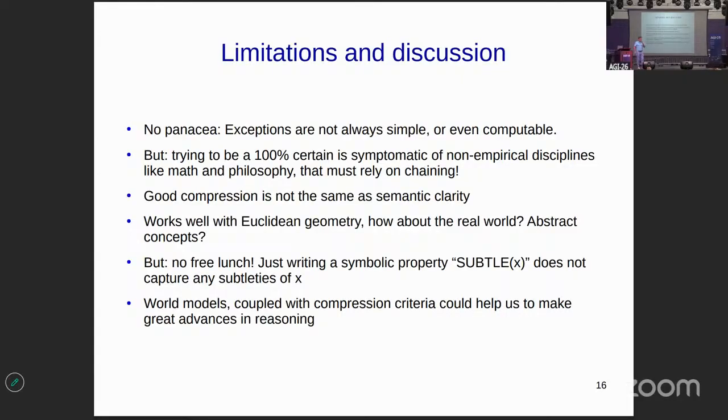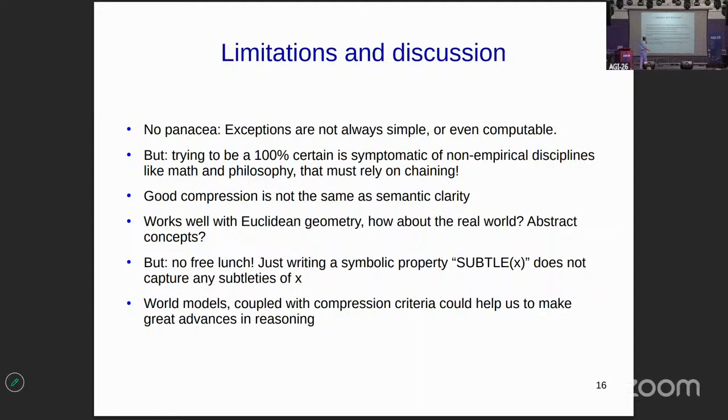Exceptions are not always simple and are not always even computable. But let's remind ourselves, why do we want 100% certainty? It's because we do chaining. In formal logic, we want to chain one rule after the other, and if we have even a small uncertainty, the error will multiply during the chaining.